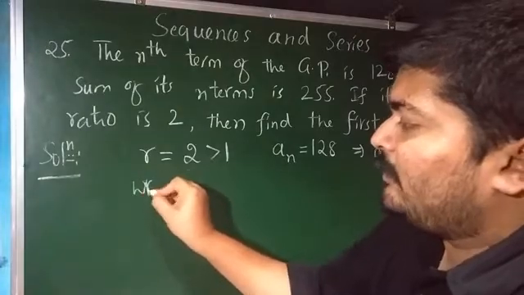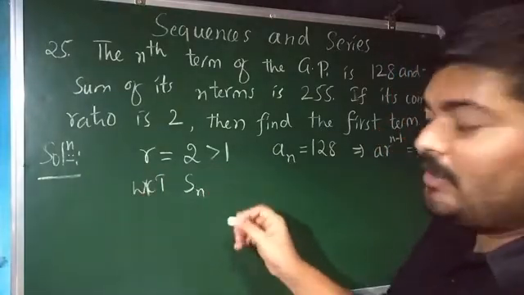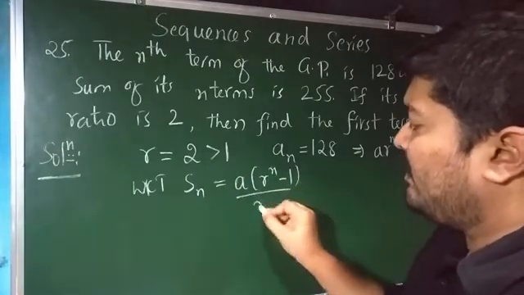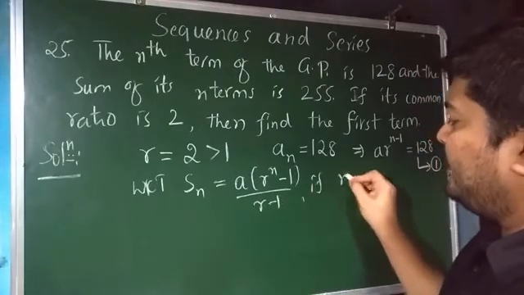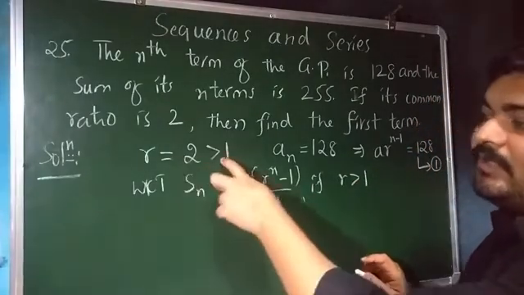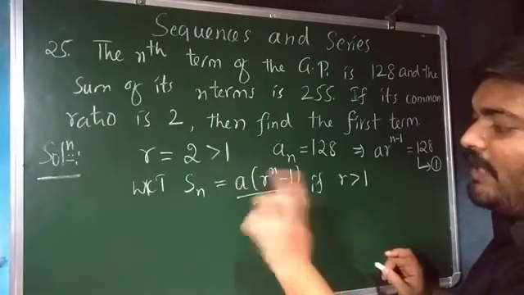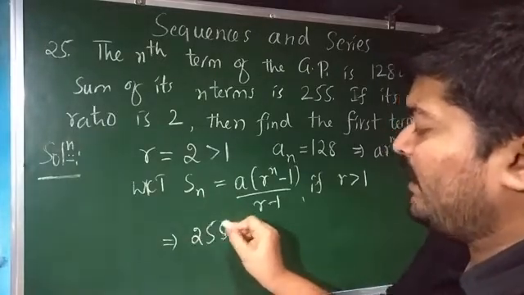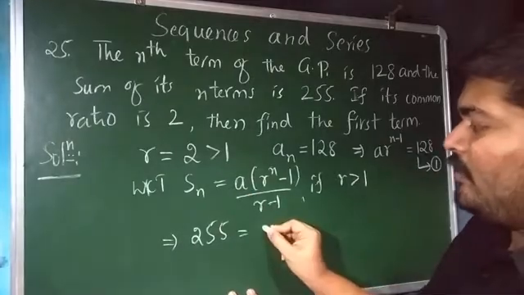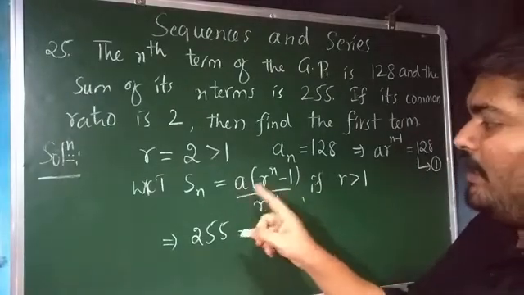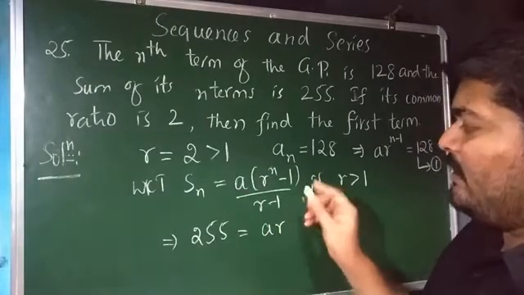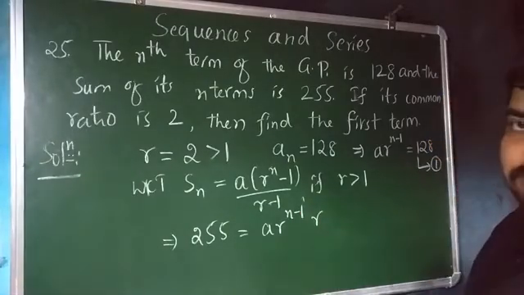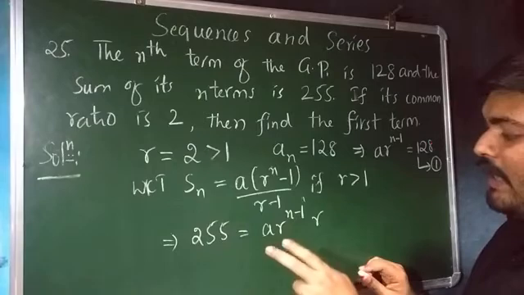Now further we know the summation up to n terms of a GP is a into r power n minus 1 divided by r minus 1, provided r is strictly greater than 1. Here note that r is strictly greater than 1, isn't it? So your task is to utilize this formula. Now this implies Sn, which they have given as 255, is equal to a into r power n minus 1 divided by r minus 1. Here you can multiply inside. You are left with a r power n, which can be written as a r power n minus 1 into r. I hope all of you have understood how I have got this one.